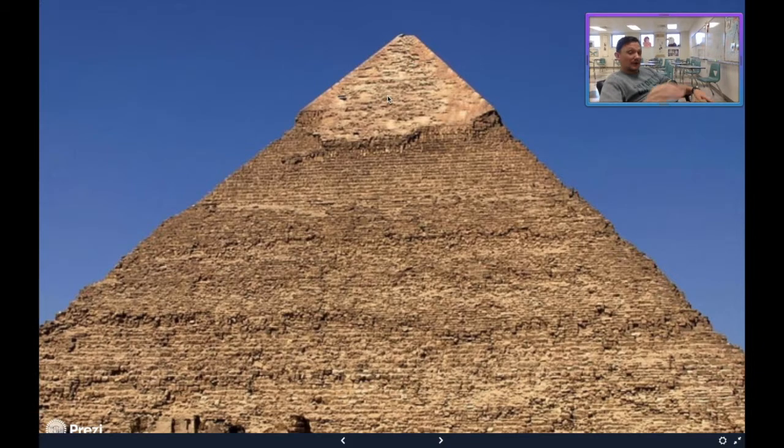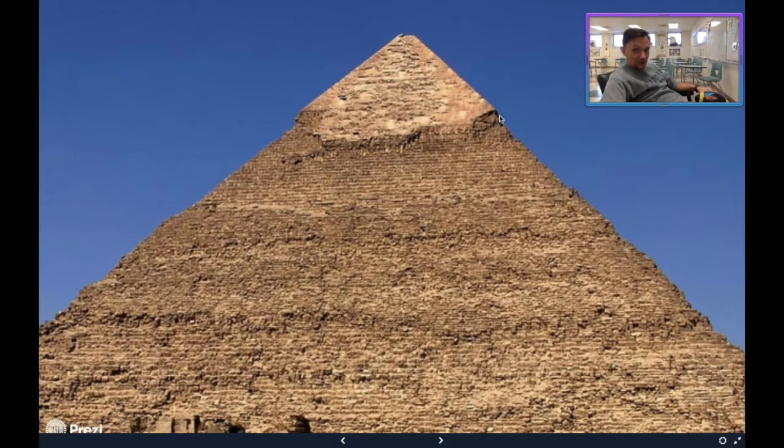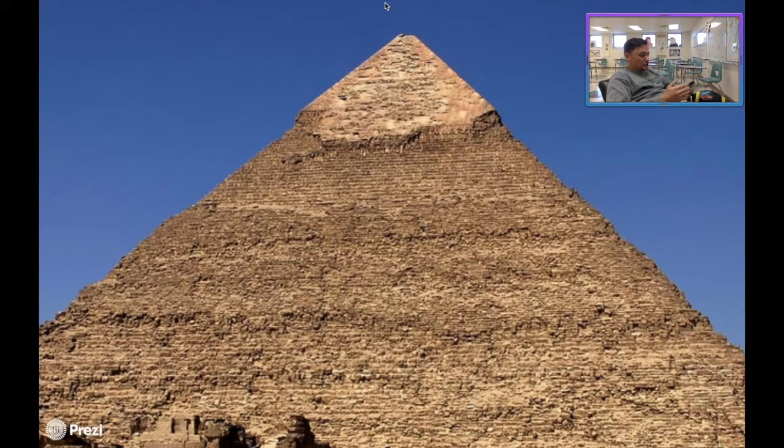This pyramid is supposed to be smooth on the outside. Do you see the little corner area at the top? That little tip is what it's supposed to more closely resemble when it was fully constructed and brand new. The big thing about the pyramids of Giza is that you should be able to ride a skateboard down the side of it, because the sides are supposed to be smooth.